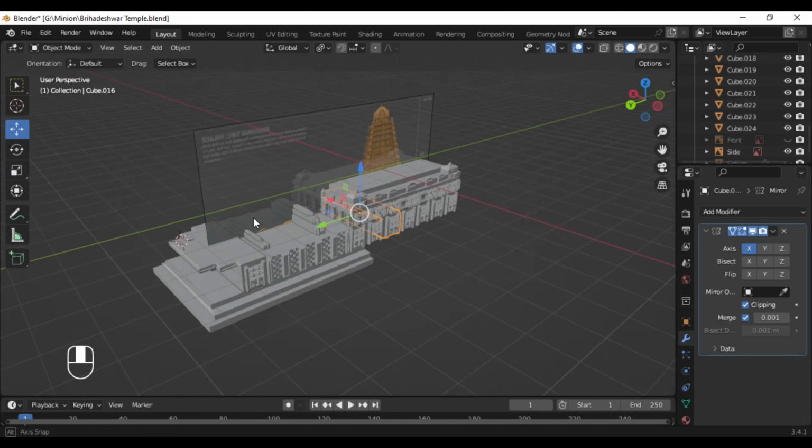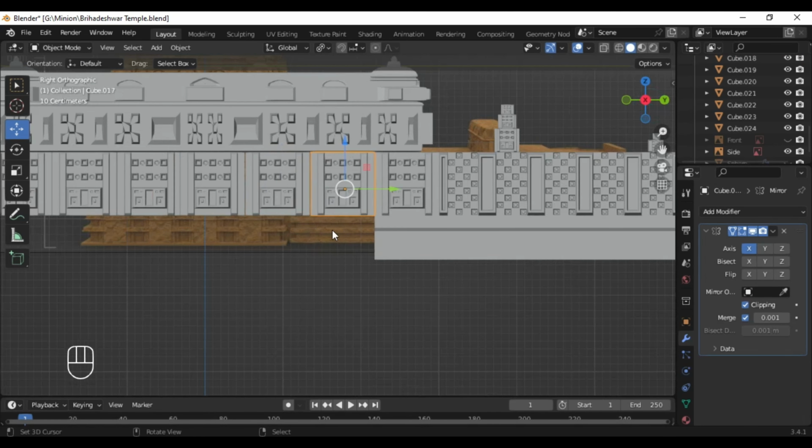So here you can see the steps have been made, and now we can cover up this remaining portion by